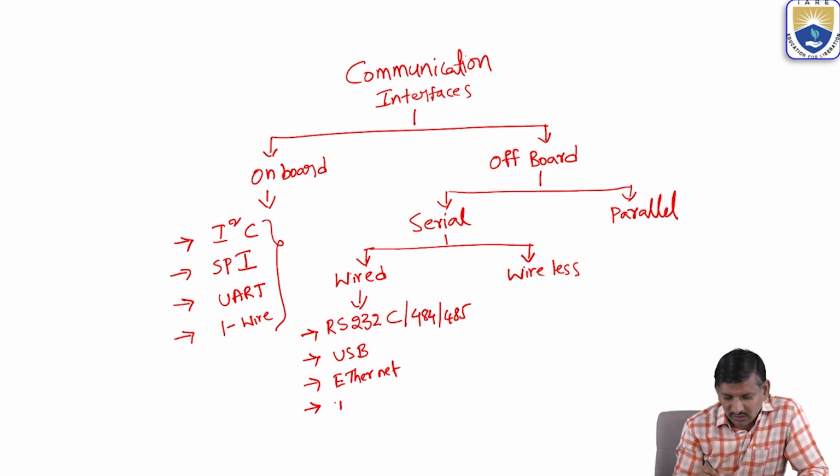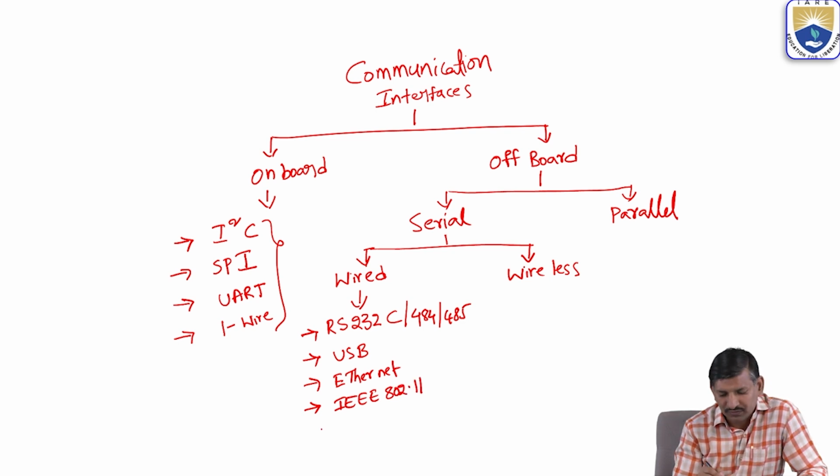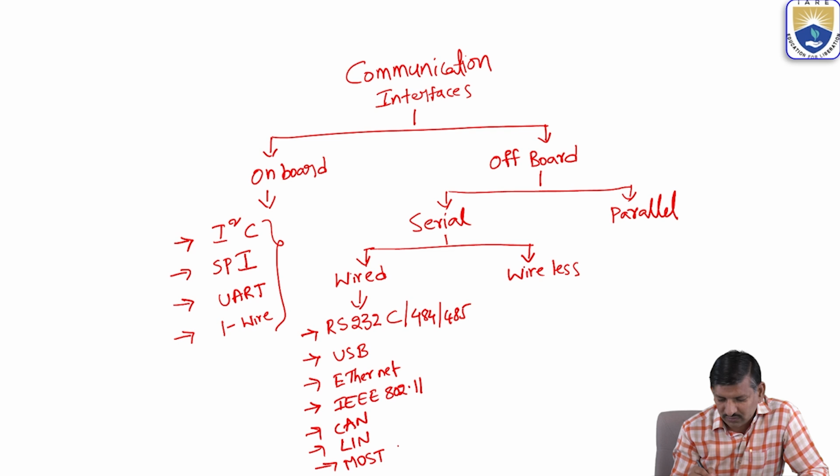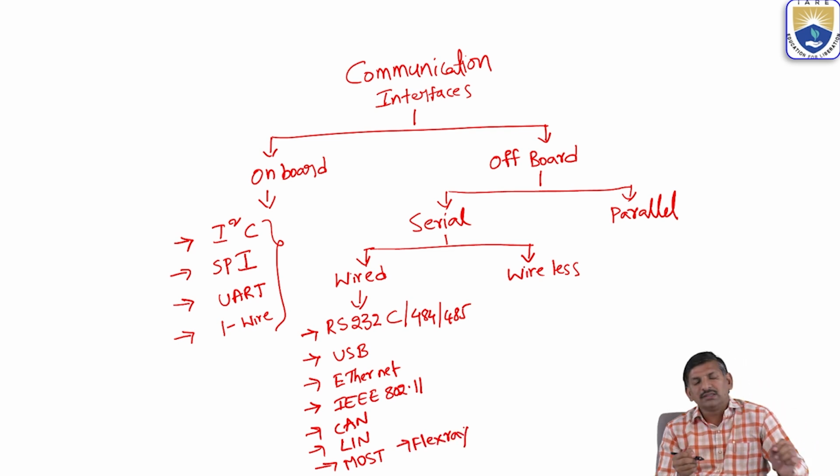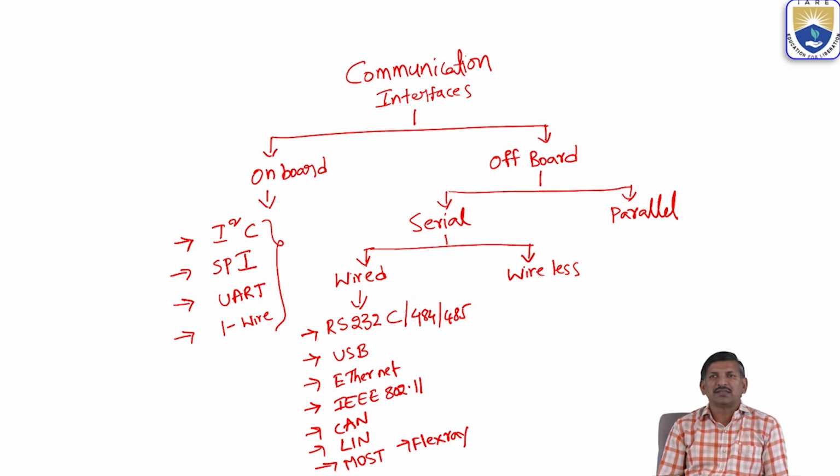Next, IEEE 802.11, or CAN cable, Controller Area Network, Local Interconnect Network, Media Oriented Systems Transport, or FlexRay. These are some of the wired communication peripherals which are used in embedded system design for sharing the information